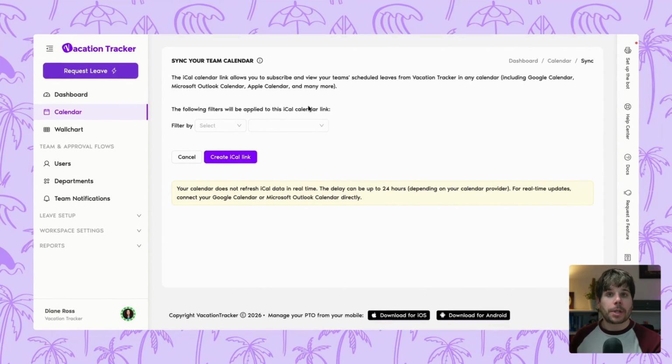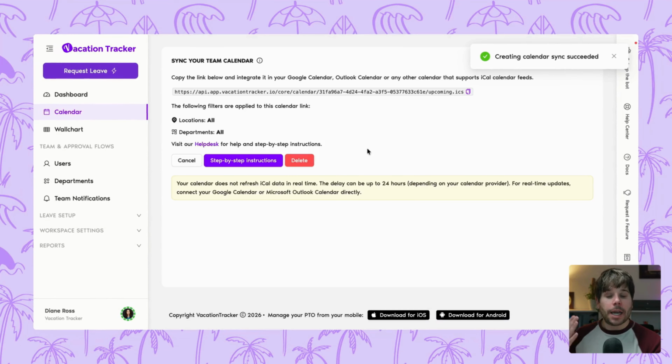And now you're going to apply any filters of your choosing, whether you want to filter by locations, departments, or even a specific label in the system. If you leave the filter blank, then it will sync the information across all departments, all locations, and all labels. Once you click on Create iCal Link, a new link will be created for you and you can copy it